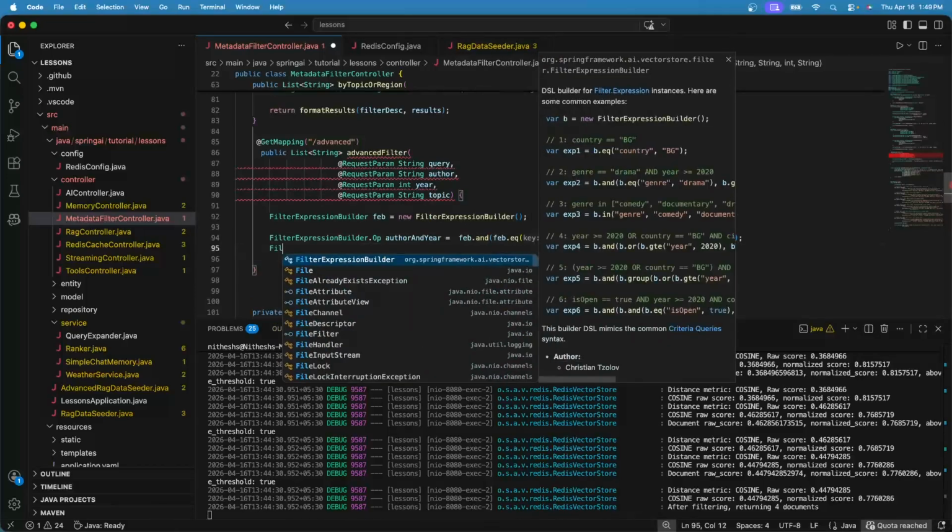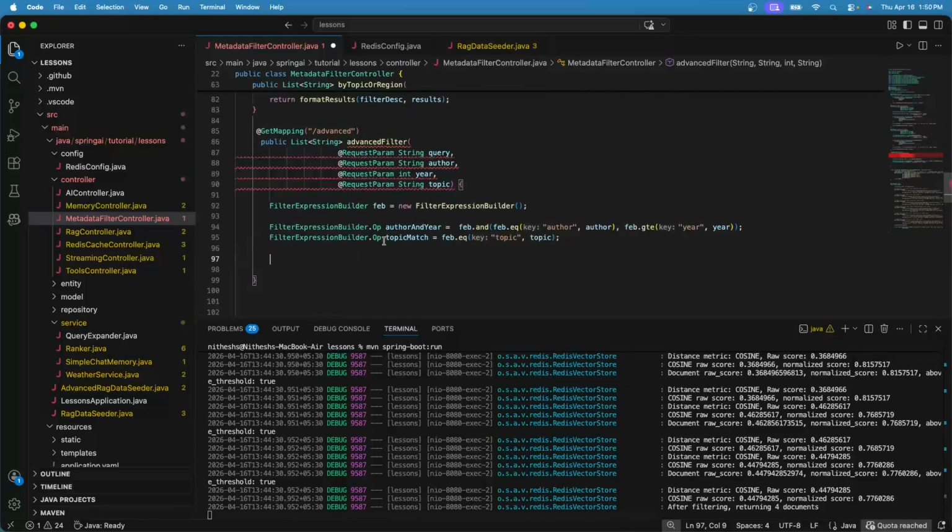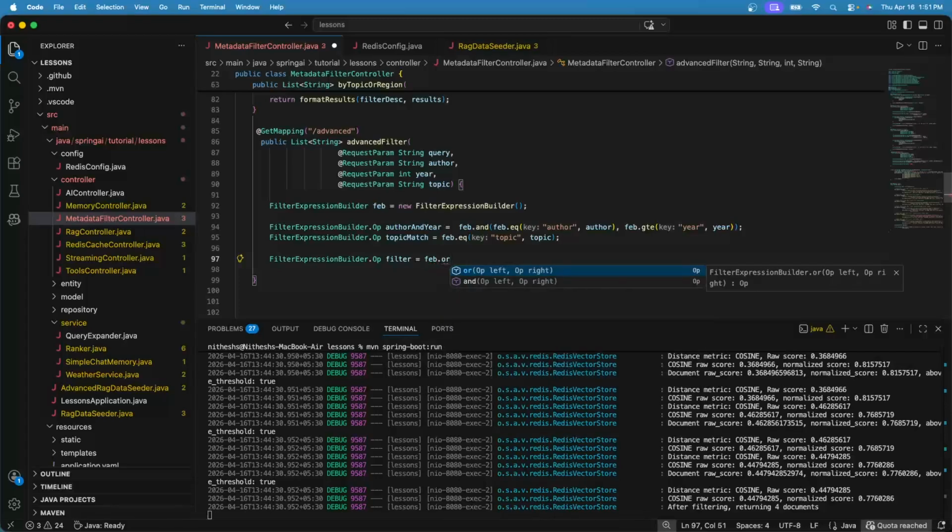Let me build another expression dot of. Now let's make it simple. We just look for a topic match. Let's define the expression now: web equals, key is topic and value is topic. Let's combine these two operators. We name it filter expression builder dot, and we use or in between them: author and year, topic match.